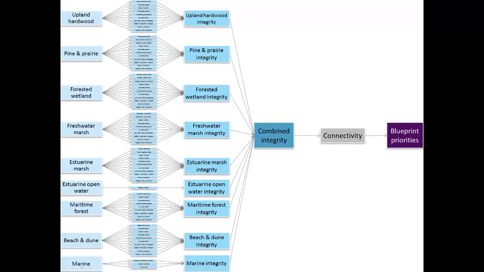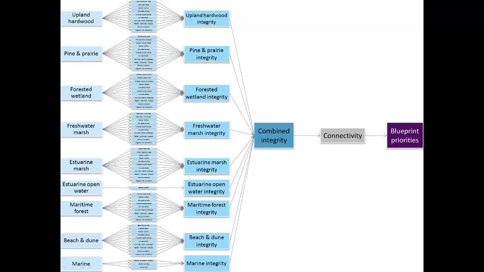Now it's time to see how it all fits together. Remember the simplified flowchart you saw in the beginning? Well, this is what the detailed version looks like, listing every ecosystem and every indicator. Obviously, you can't read much of the text at this scale, but we're going to walk through how ecosystem integrity